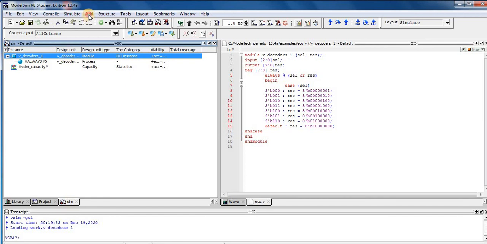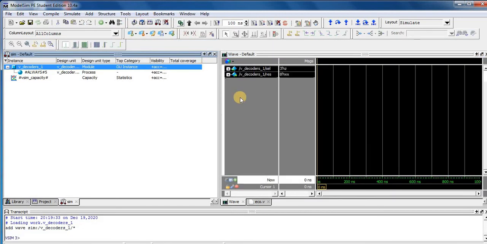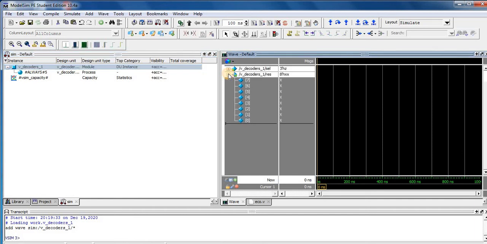Now I am going to add to wave all items in region. So you can see our wave window comes. Here is our output combination and here is our input combination. Now I am going to press the run button.